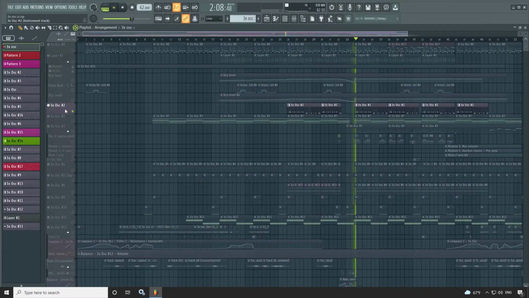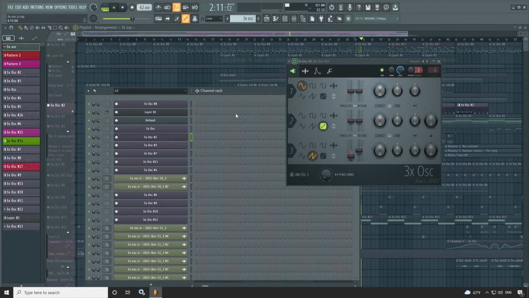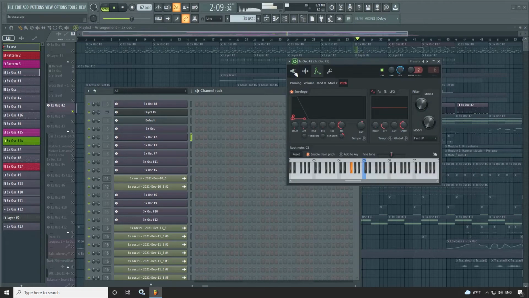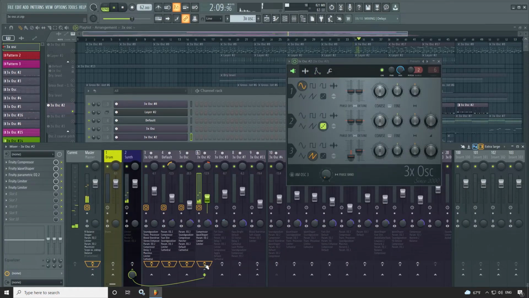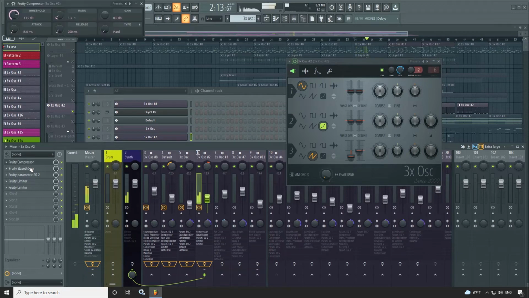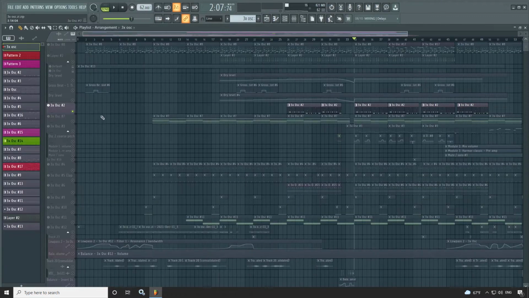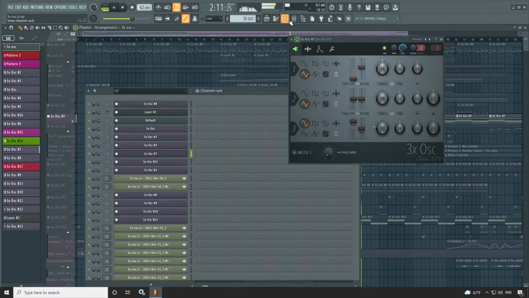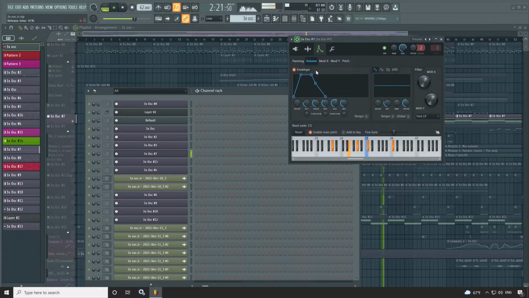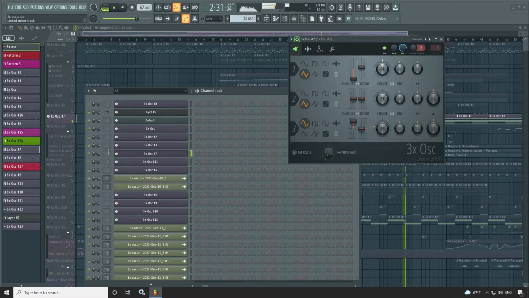This one is the bass. And with effects, and the next one is the pad. And with effects,